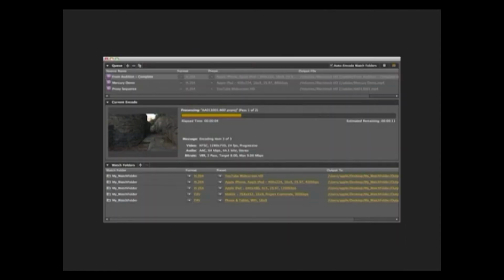Adobe Premiere Pro CS5 works similarly to Compressor in that it has a partner application called Adobe Media Encoder that handles its encoding. The difference is that you submit your batch and set all your settings directly from Premiere and then add it to the queue.